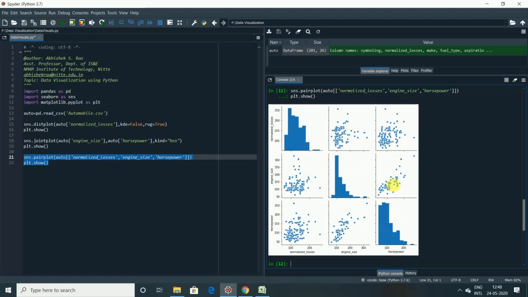So what are these actually? These are nothing but mirrors of each other. Okay, so this plot is the same as this plot, and so on. As you can see, the scatter plots are provided between normalized losses and engine size, as well as normalized losses and horsepower, and so on.